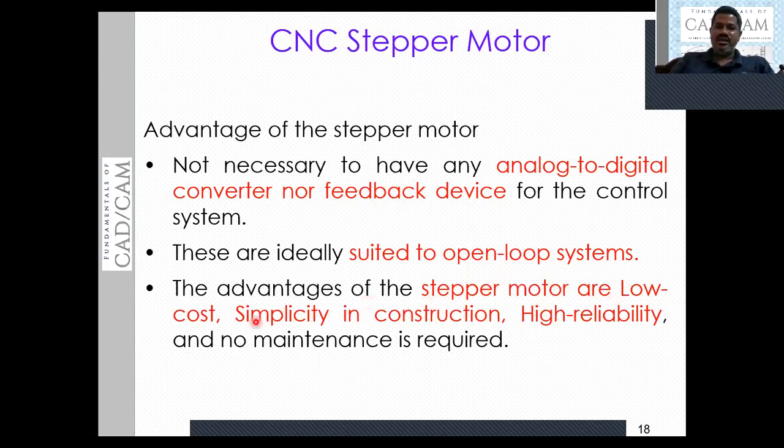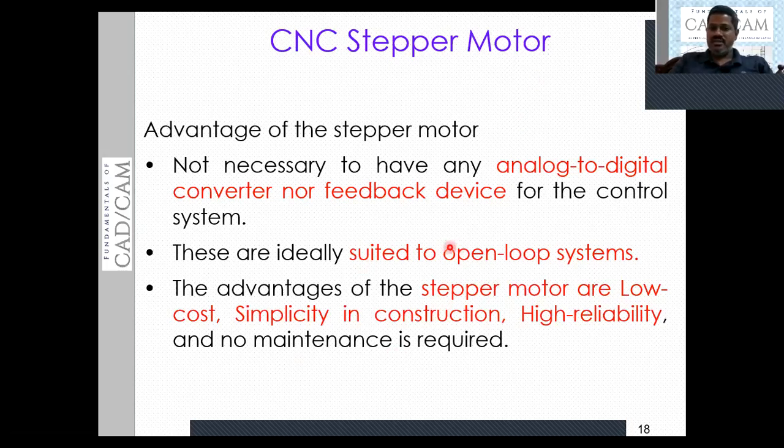Then the advantages of the stepper motor are low cost. When you compare the cost, stepper motor cost is low, and it is very simple in construction. High reliability, no maintenance is required. Like the servo motor, the maintenance is less when you compare with the servo motor. So these are some of the advantages of the stepper motor.